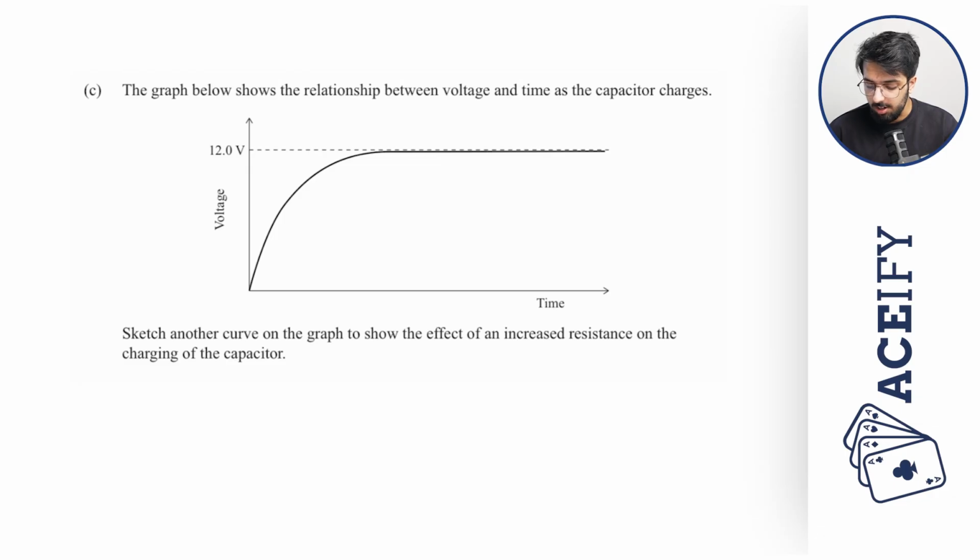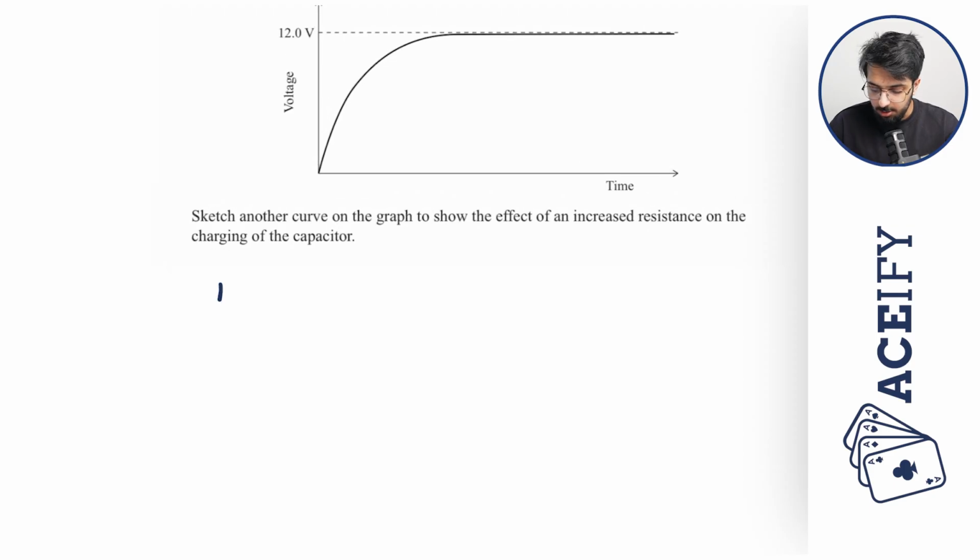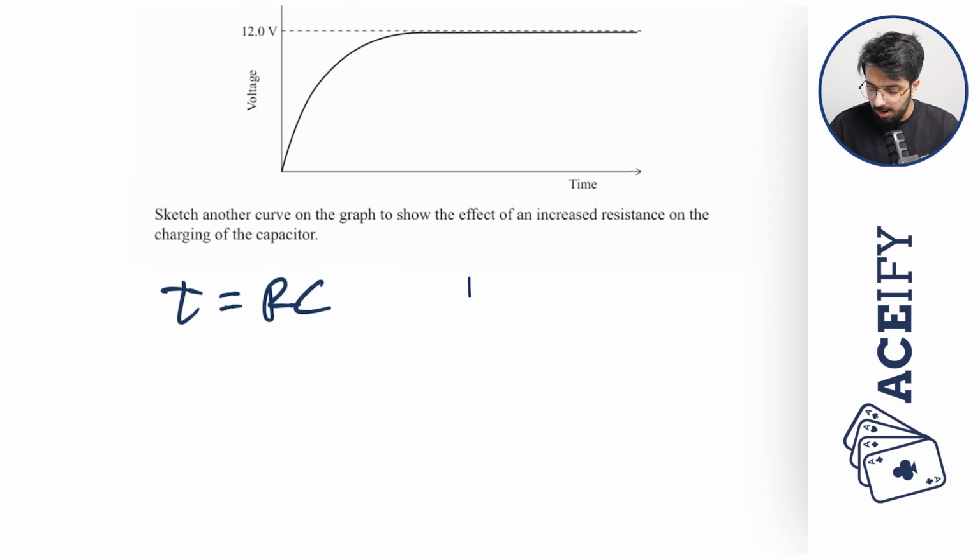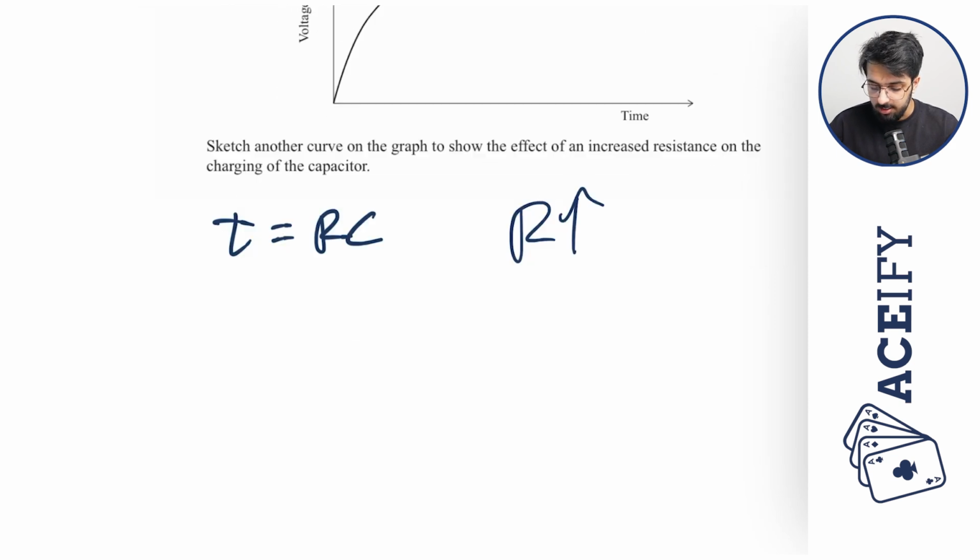Sketch another curve on the graph to show the effect of an increased resistance on the charging of the capacitor. As we know, our time constant is equal to RC, where R is our resistance and C is our capacitance. If our resistance has increased, then our time constant must also increase. And this means it takes a longer time for the voltage across the